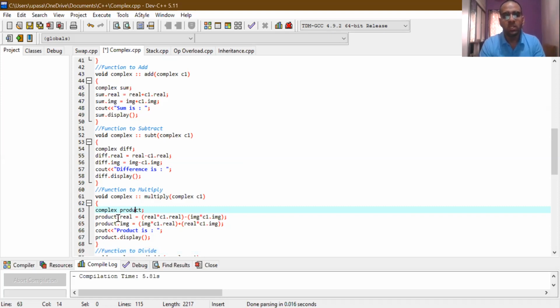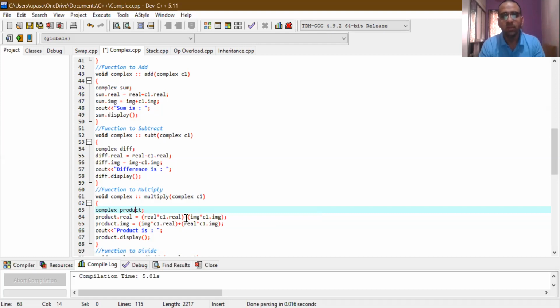Now here there are some changes, as in the case of multiplication every part of a complex number gets multiplied by both parts of the other number. So for the real part we have real into real minus imaginary into imaginary. Now why do we have this minus sign? Because when two imaginary numbers are multiplied, they have their suffix of i, which is equal to root of minus 1.